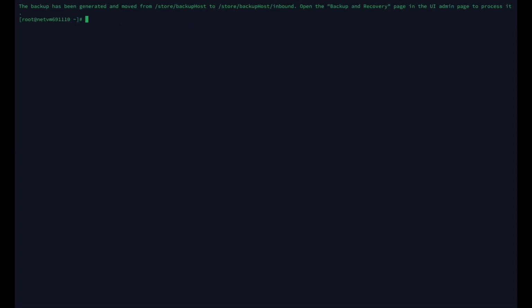To confirm that the backup has been successfully created, list the content of the inbound directory. Here, we can see that the backup has been successfully generated. The backup file will follow a naming convention similar to backup.custom, the host name of the host, the date,